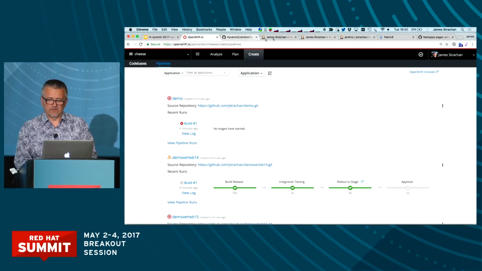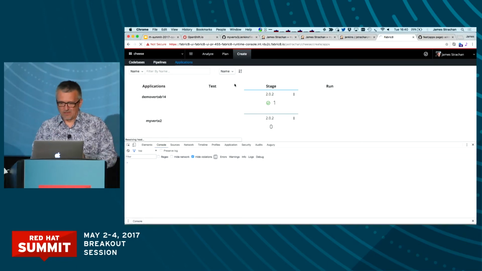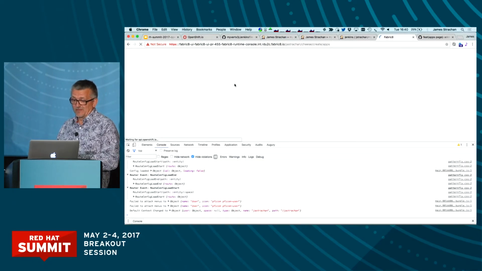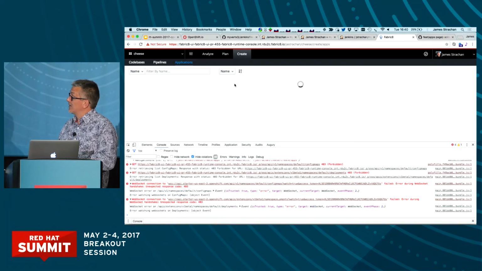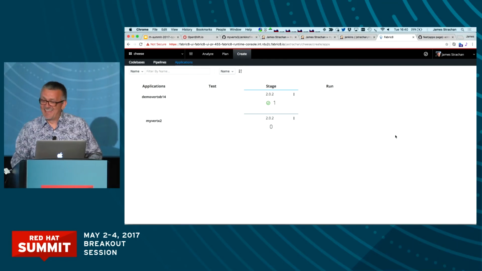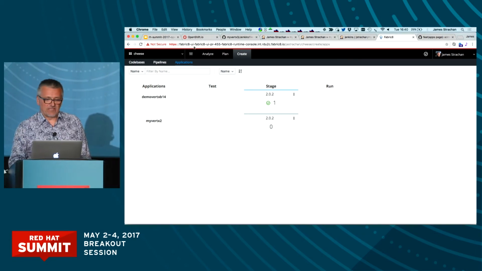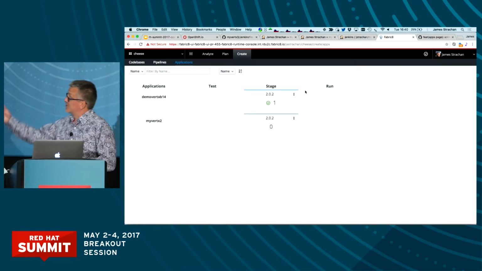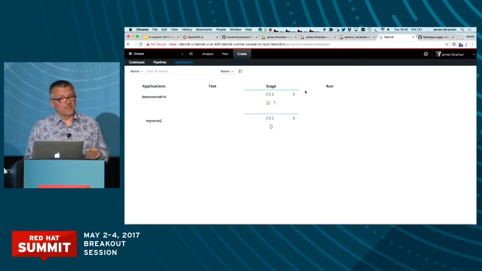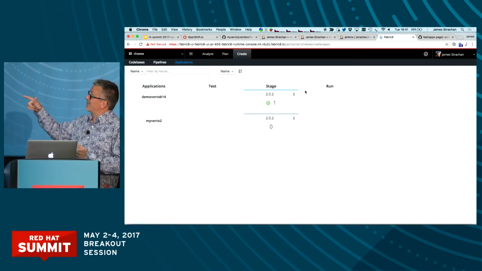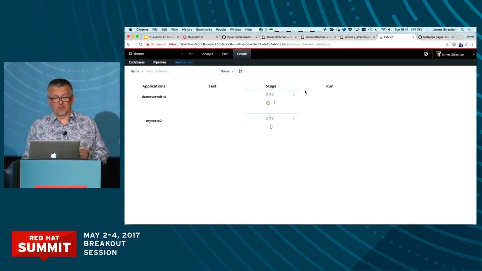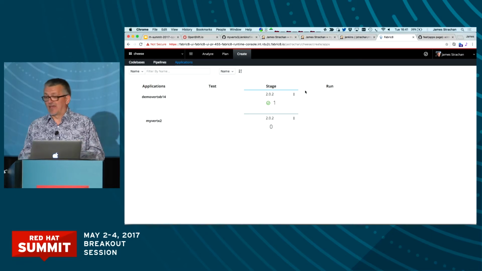While that's going, let me show you a slightly different console. This is another version of the console we're using. Let me just reload it. You notice that we now have an Applications tab here. The normal console doesn't have the Applications tab. This is a new screen we were working on last week that didn't quite make the code freeze for this Summit demo. So what we have is a pull request right now that adds this new tab, which shows all of our environments, and for each environment, which version of which application is running,